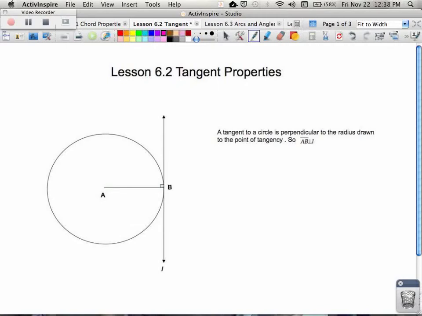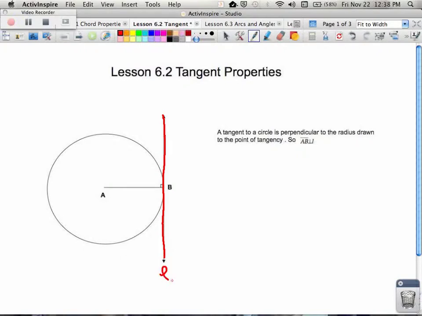In lesson 6.2, we're going to talk about tangents of circles. And we know that a tangent to a circle is perpendicular to the radius that it is drawn to at that point of tangency. So for example, in this picture, I know that my tangent, which I'm going to call